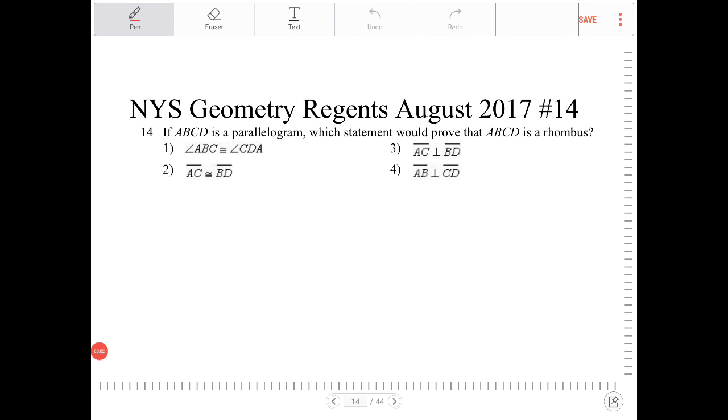If ABCD is a parallelogram, which statement would prove that ABCD is a rhombus? So, what makes a parallelogram a rhombus? A parallelogram becomes a rhombus the moment its diagonals are perpendicular to one another. So, if I have ABCD,